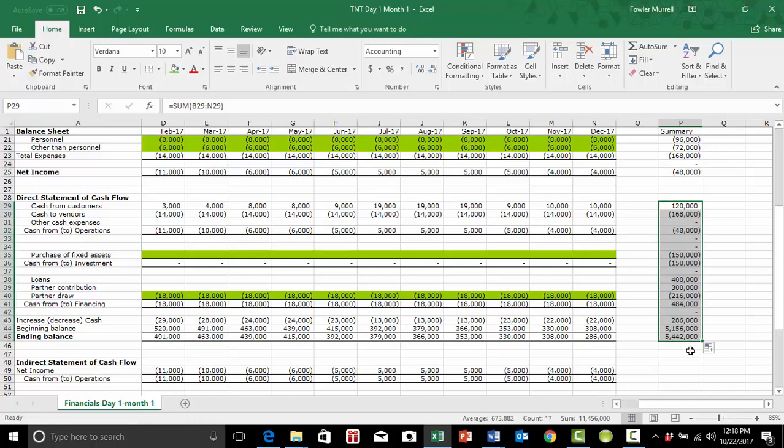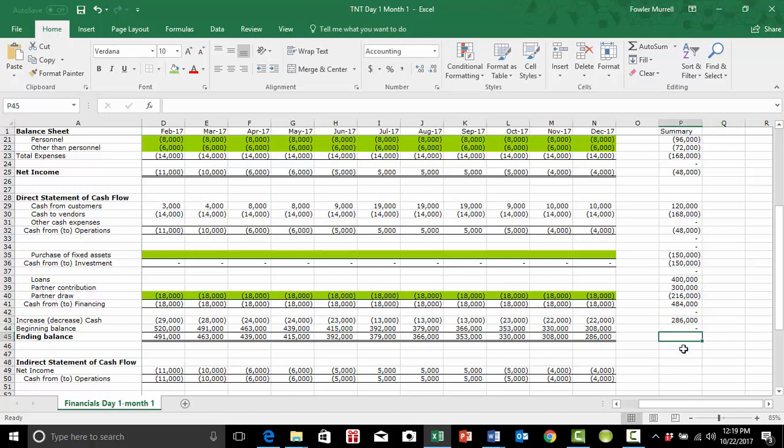Okay, now, here's where we have to get smart. Do we have an ending balance of $2,444,000 in cash flow? No, so that number is not right. Do we have beginning balance of $5,516,000? That number is not right. No. Do we have increase or decrease in cash of $286,000? Yes, that number is right. The number that wasn't correct was the beginning balance, and the beginning balance is 0. We started with nothing. So our beginning balance is 0,